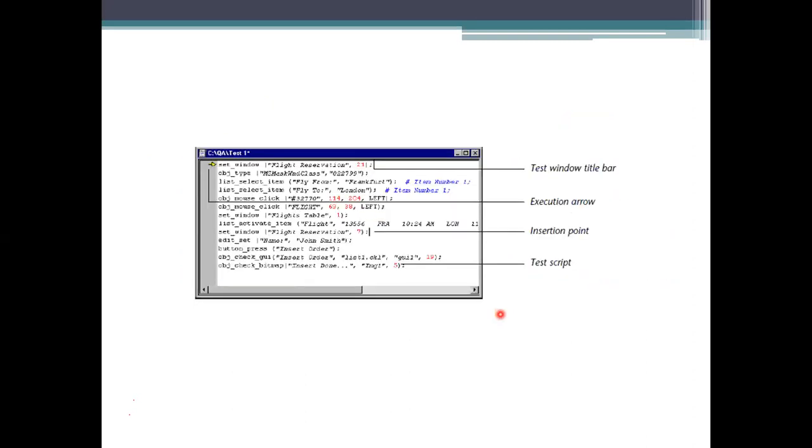This is the execution arrow, from here I'm executing. There's a star here, and a cursor where I need to insert the value, and the complete thing is specified as a test script. And then the title of this will be specified here, meaning the test name will be specified in this one.